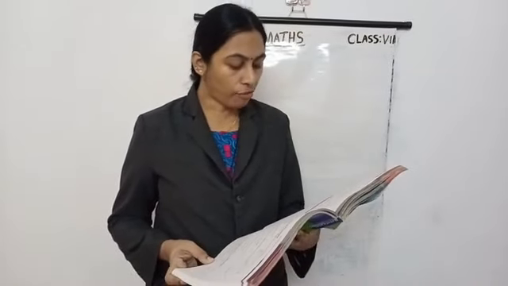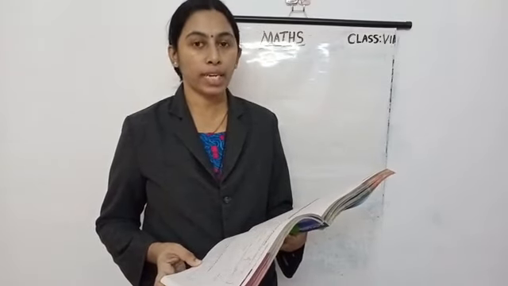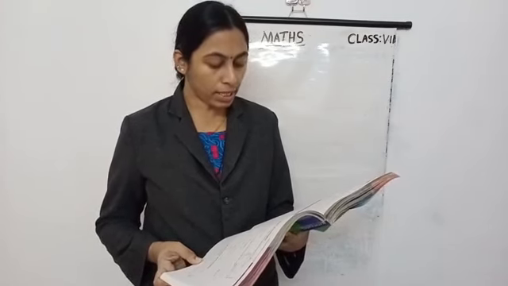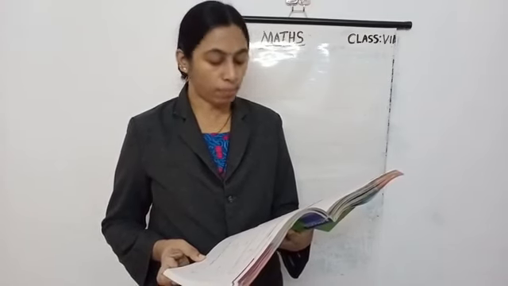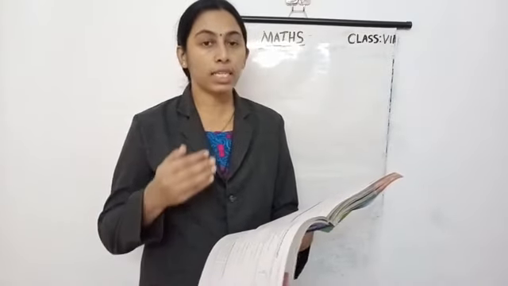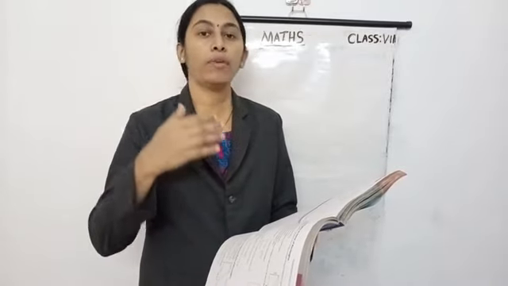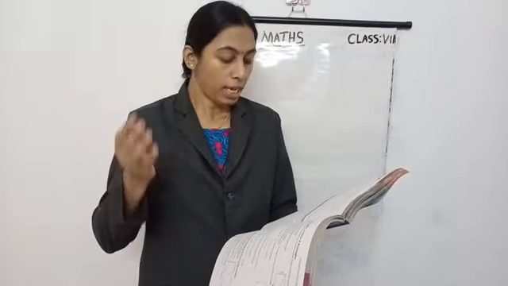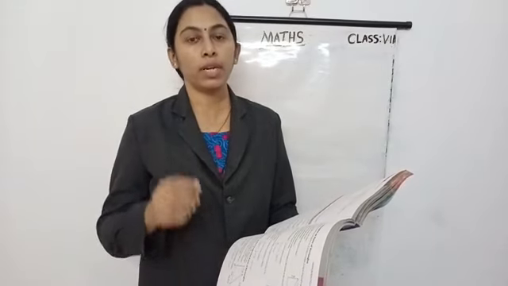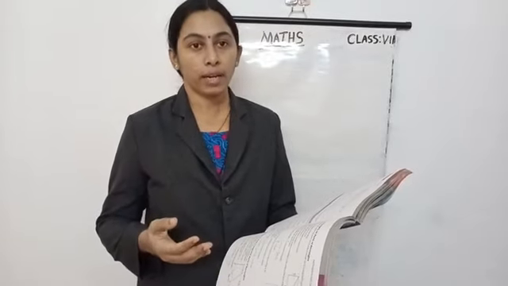Next, question 4. The perimeter of a rectangular sheet is 100 centimeter. Given the perimeter of a rectangular sheet is 100 centimeter, if the length is 35 centimeter, find its breadth. Also find the area. In the third question they gave the area and we needed to find its breadth. In this question they gave the perimeter of the rectangular sheet. We need to find its breadth, then find the area. Okay.